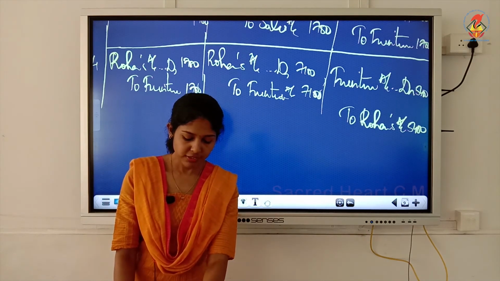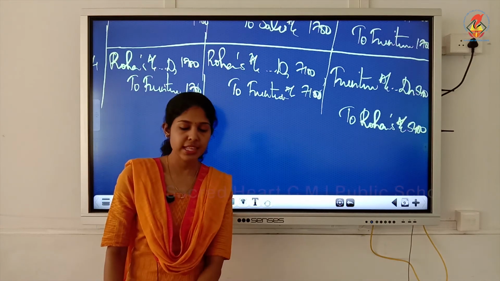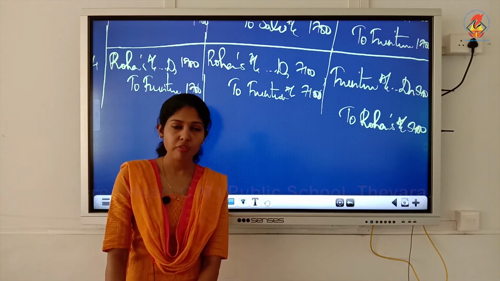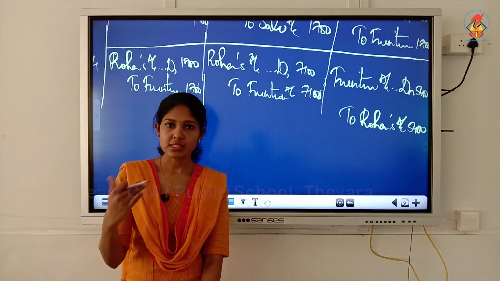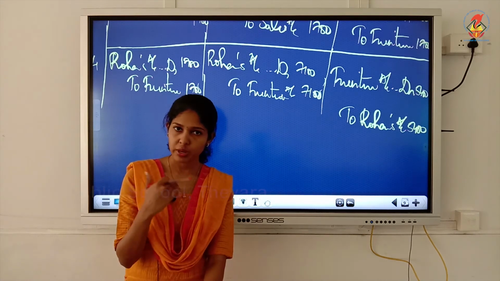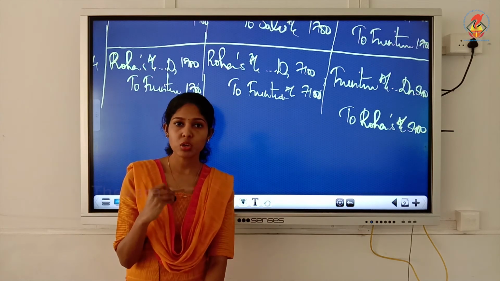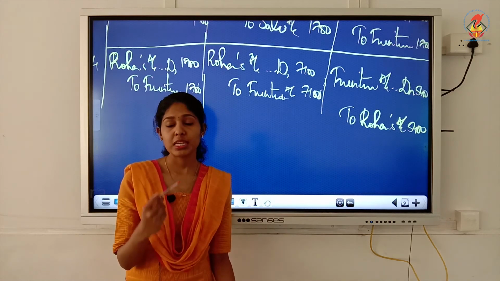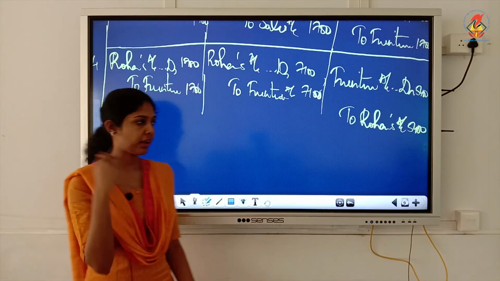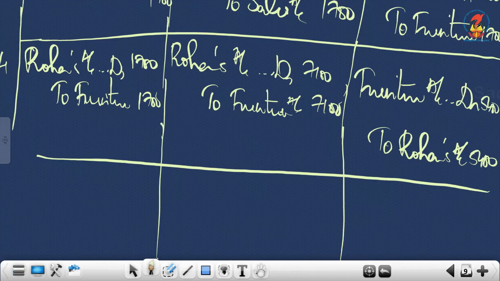check of 640 received from Guru was dishonored, was posted to the debit of sales return account. What is the journal entry for dishonoring of check? It will be customer's account debtor. Here the customer is Guru. So Guru's account debtor to bank account. But instead of that, you wrote which account you have debited there. It is written to the debit of sales return. So you wrote sales return debtor to bank. That's a wrong entry. So we will write the entries.